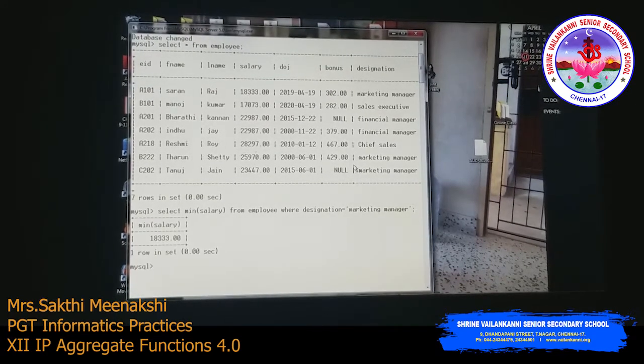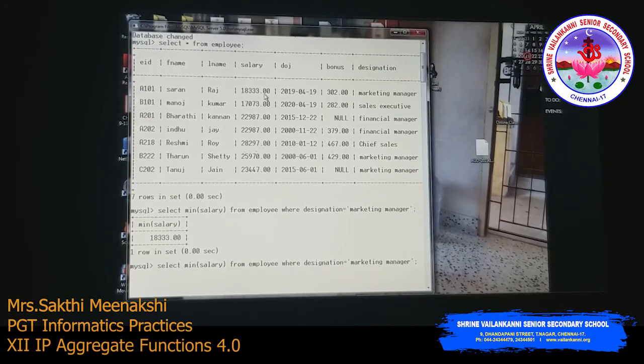So among these marketing managers, who is getting the lowest salary? 18,333 is the lowest salary.